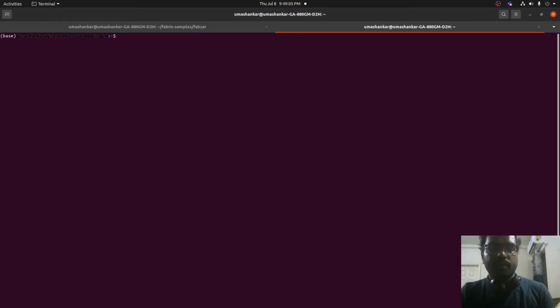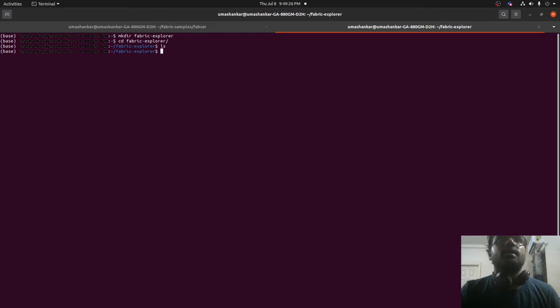You can keep any name, doesn't matter. I'm going to name it Fabric Explorer. So make dir fabric explorer, then cd fabric explorer. Okay, so this is an empty folder, nothing inside it.